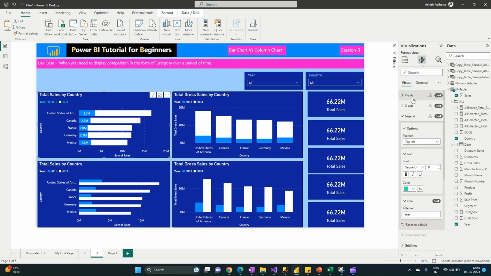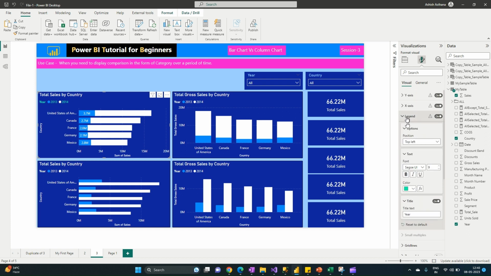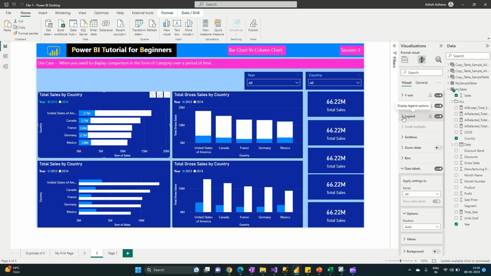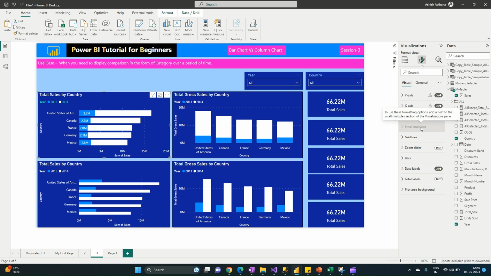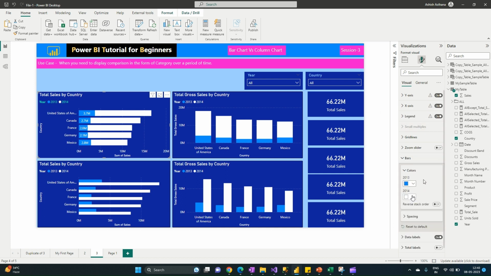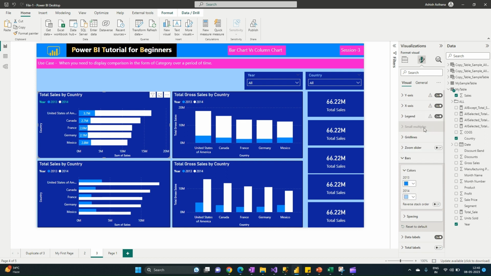So let me do the setting for here. As I mentioned, I need to fix this one. So the bar color was white. So let me make it a bit different color so that I can see the values. Okay, you see the values here,